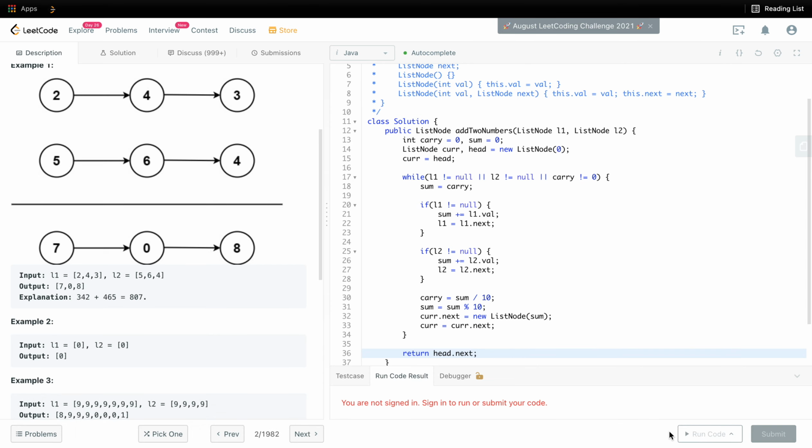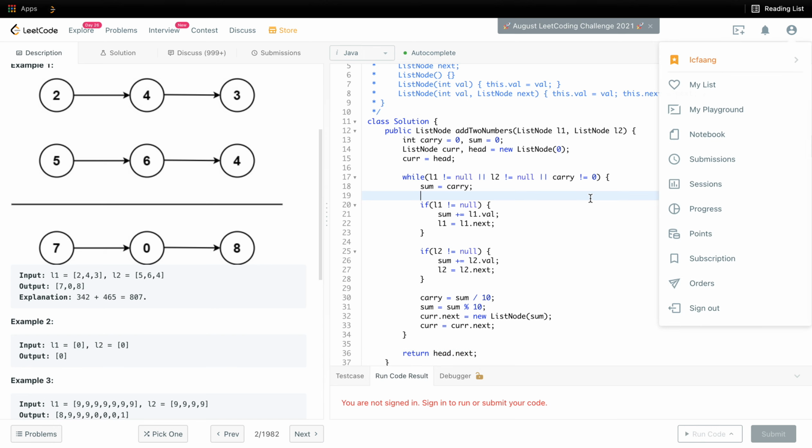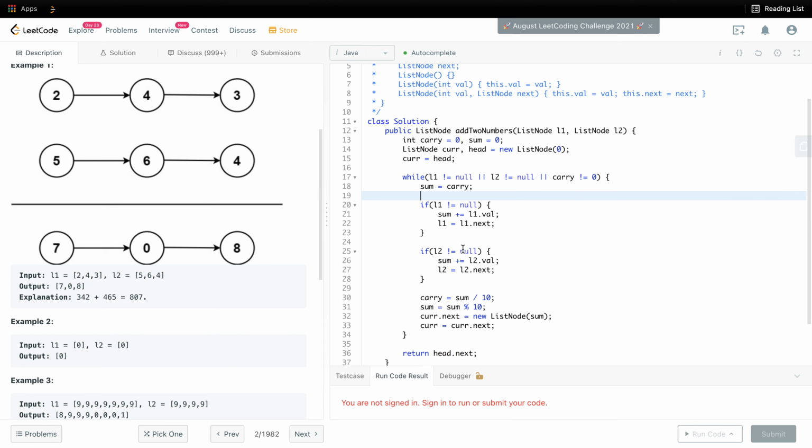Let's run the code. Oh, it says I'm not signed in.